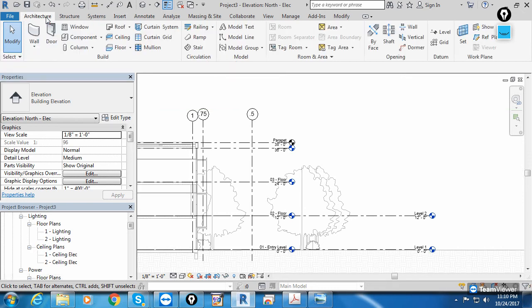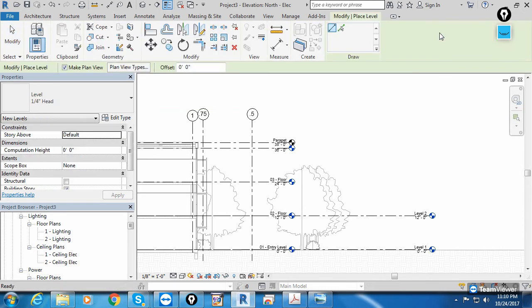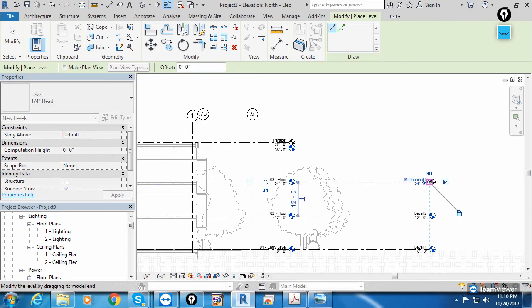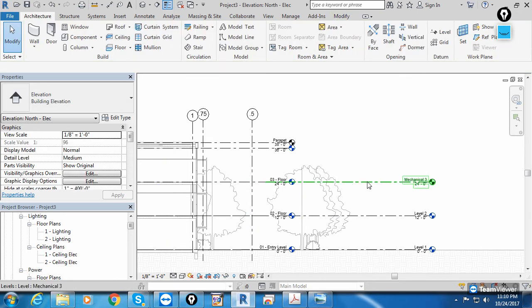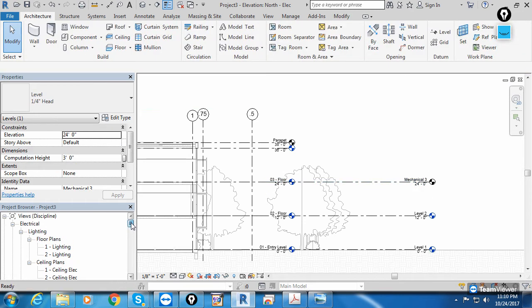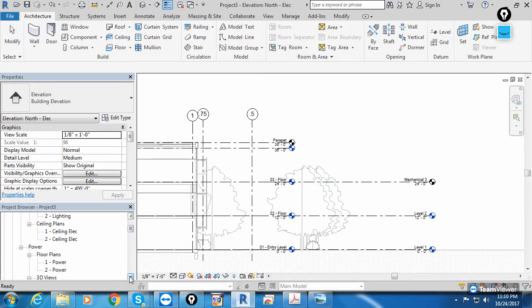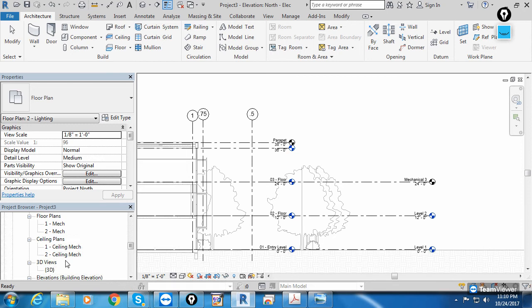But how? Click on the Architectural tab, from the Datum panel, click Level, like starting topics. And here, this is important. If I don't select this make plan view, and if I create the level, you see, and modify, the level will be created, but you see there is no floor plan. You see lighting 2 only, ceiling 2 only, even in mechanical 1 2 only. There is no floor plan 3, because I have not selected make floor plan.